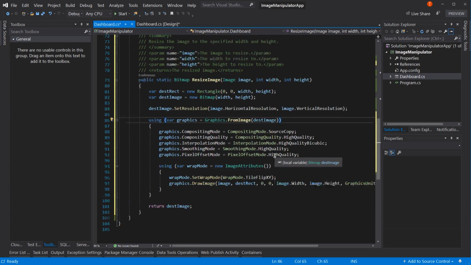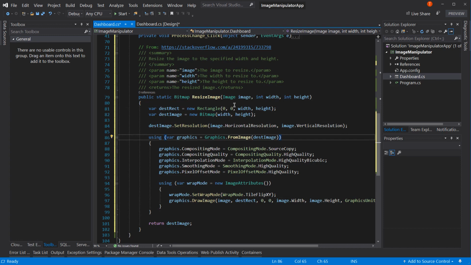And what this does is it brings in our image and it returns back a bitmap. But don't panic, it's not actually a bitmap file, as in BMP. Instead, it's an image. It's just an